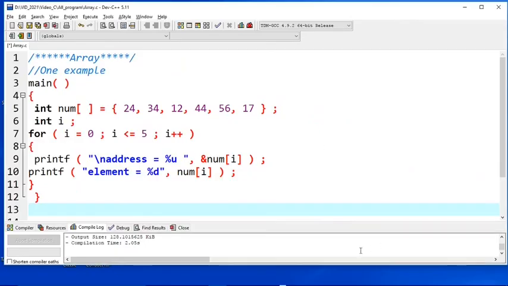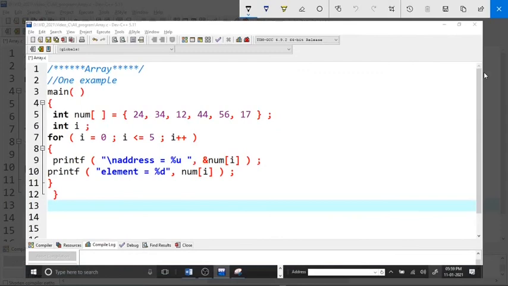So here you see this is the 0th location, this is the first location, second, third, fourth and fifth. And every time I am printing the address first. Here you see this operator, ampersand, is called the address operator.